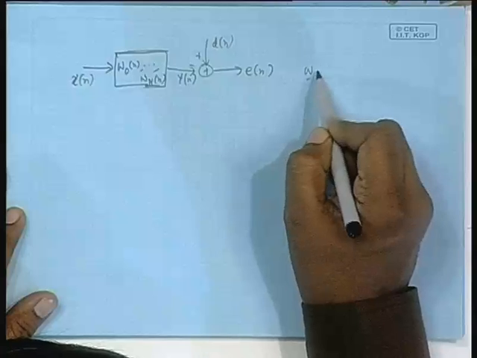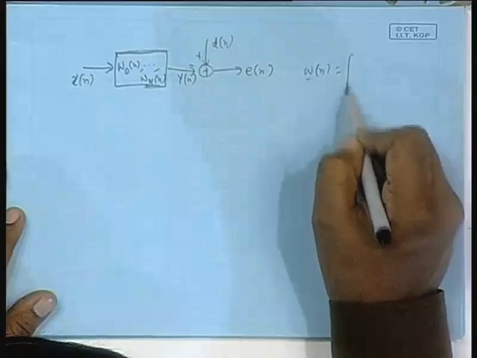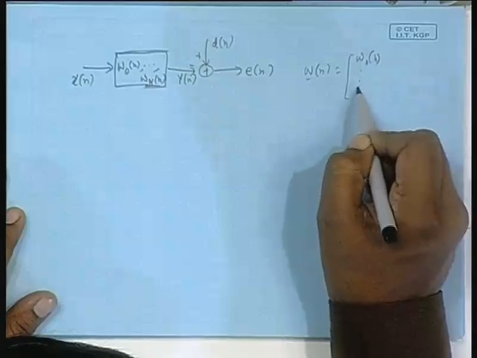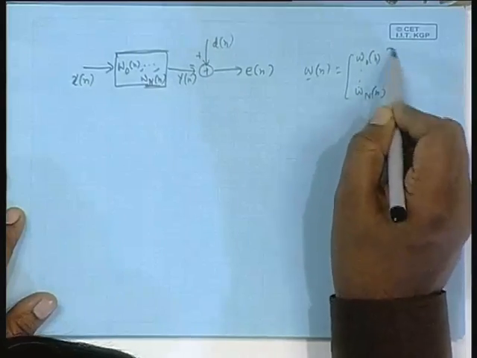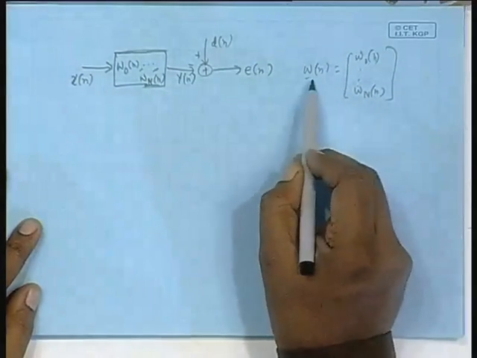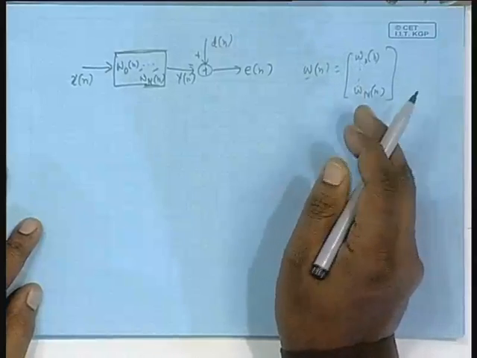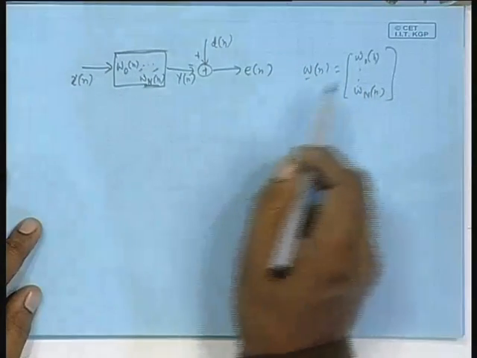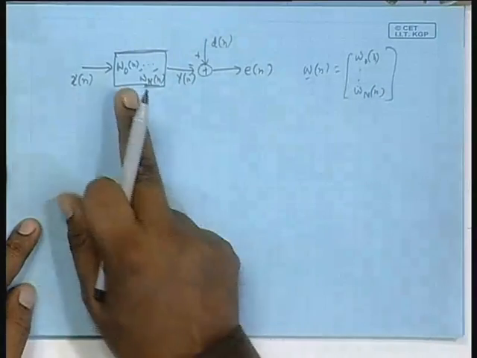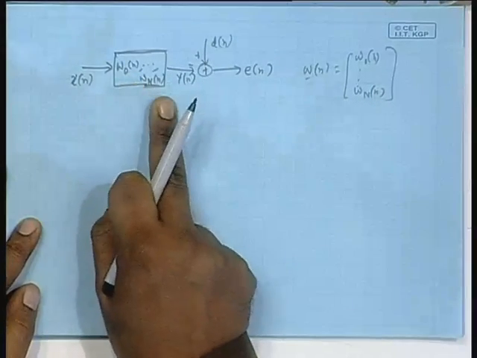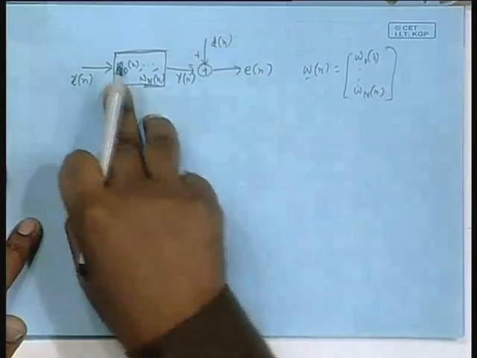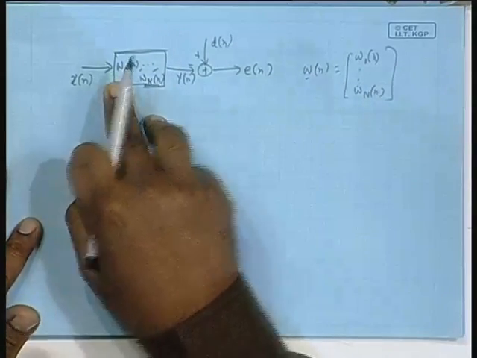You define the w vector as w 0 n, dot dot dot, w capital N n. Then the departure is the filter output. We are talking in terms of w n, that is w 0 to w capital N as the coefficients, but when you filter with their conjugate values. Or alternatively, if you filter with some complex valued coefficients, we evaluate their conjugate and then get back the filter coefficients by another conjugation.